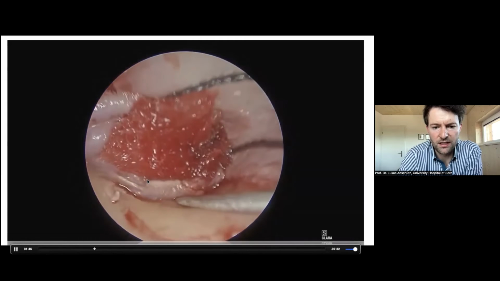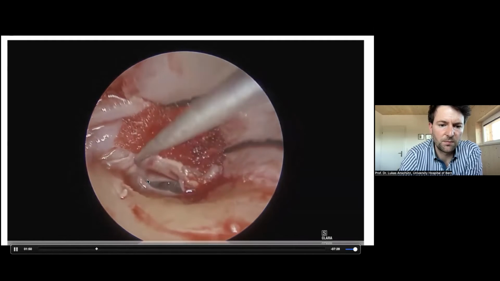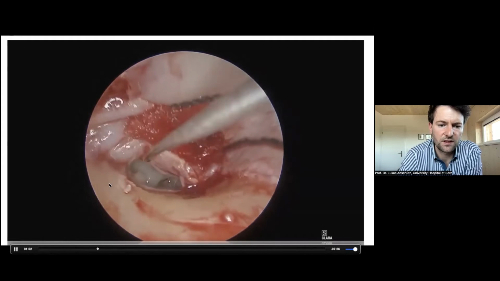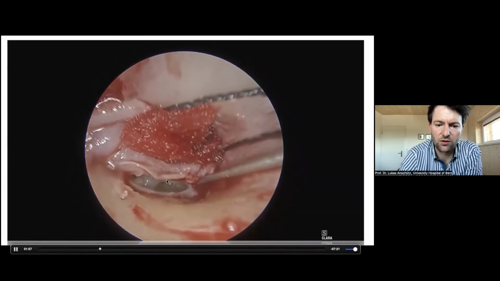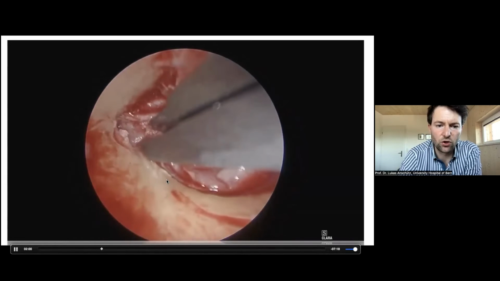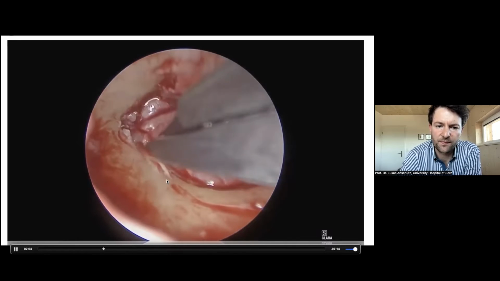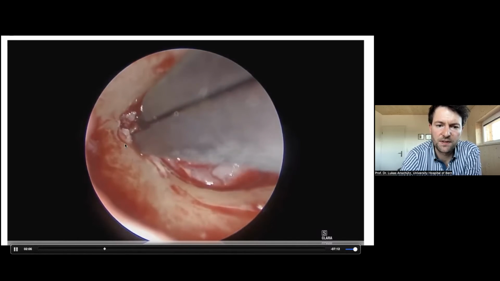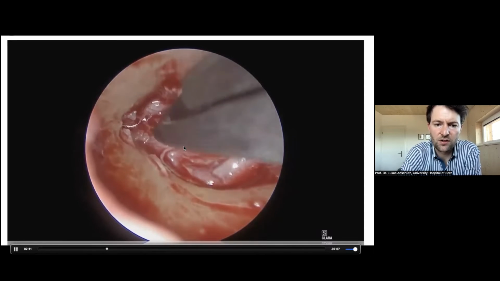I usually lift up the mucosa like this and follow the plane of the chorda tympani. You can see here the chorda tympani. This is the incudostapedial joint, the round window already here. We already have a good overview. Now we dissect the cholesteatoma out of the flap. Again, here the hole in the flap is quite small, but we can free the cholesteatoma here.